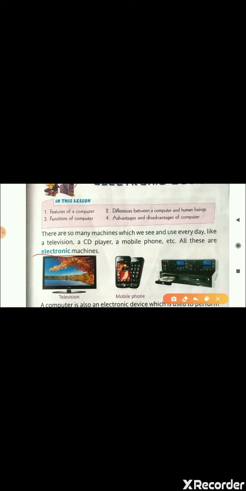As you can see here, a picture of a television. It is also an electronic machine. Mobile phone, this is also an electronic machine. CD player, it is also an electronic machine. As I told you just now, all these are electronic machines because they need electricity to run or operate.